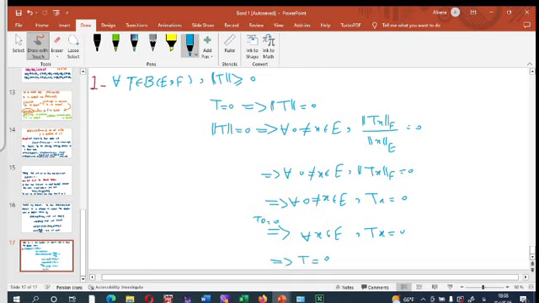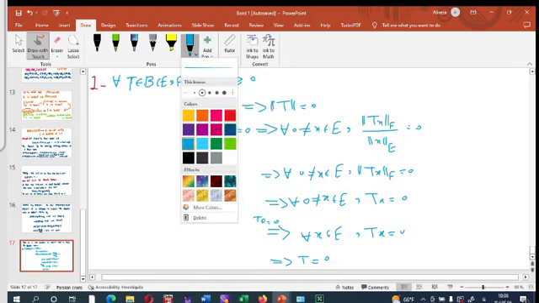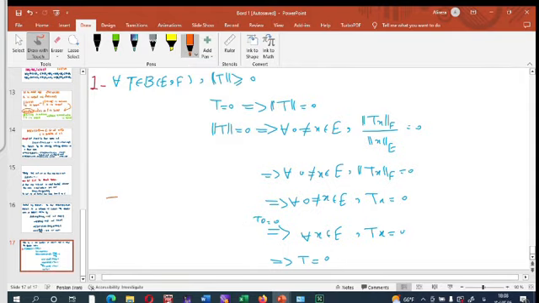So that we have this property that T equal to 0 if and only if the operator norm of T equal to 0, and we prove this property in norm spaces. Okay,